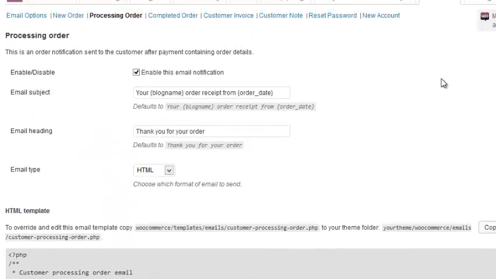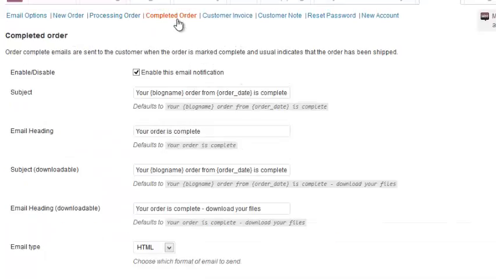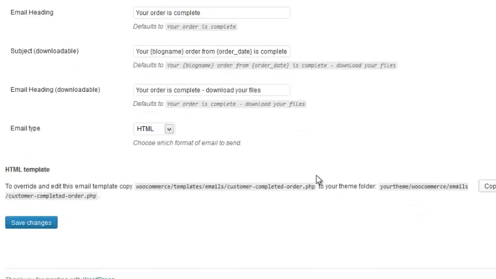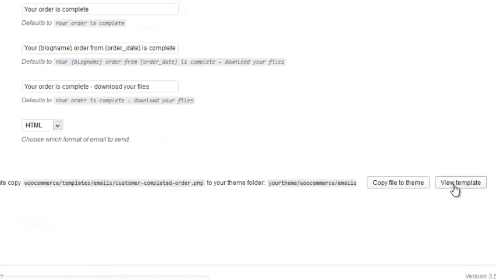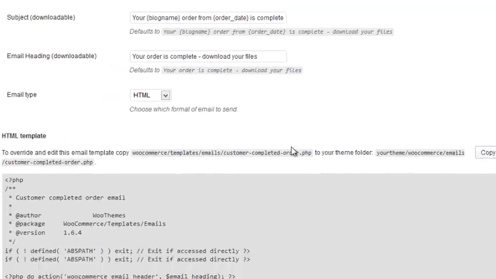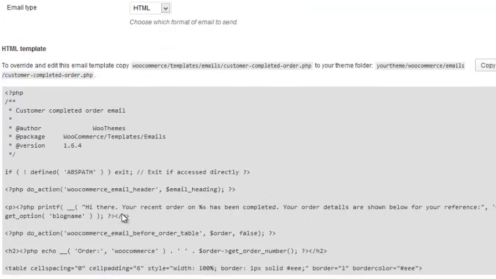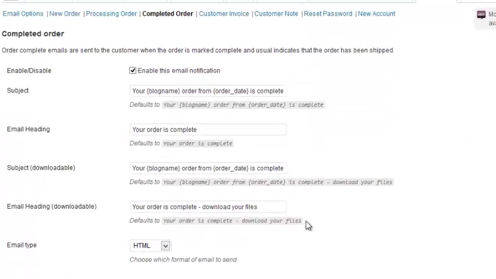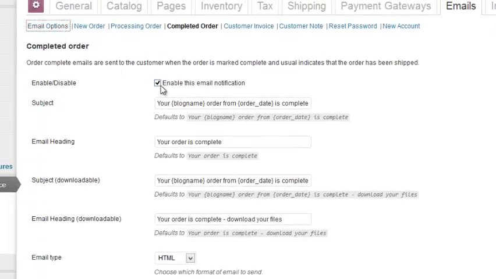Same with, if I scroll up here, the completed order. What does the customer get when they have a completed order? Something rather generic: Hi there, your recent order has been completed. That's kind of what it says there. So again, those are editable, not the most user-friendly or simple way, not particularly difficult, but it does take a little bit of skill. All right, so I did want to point that out,